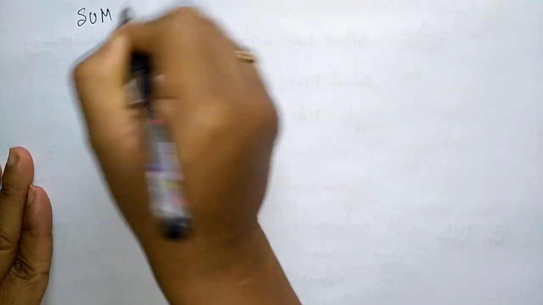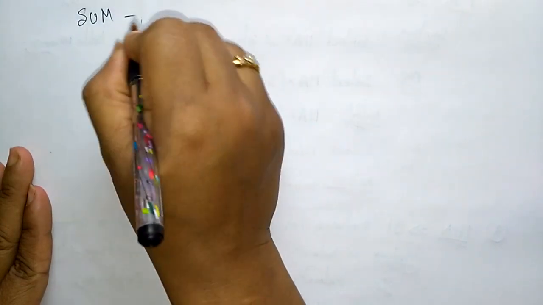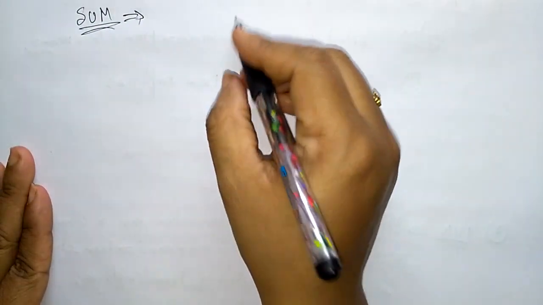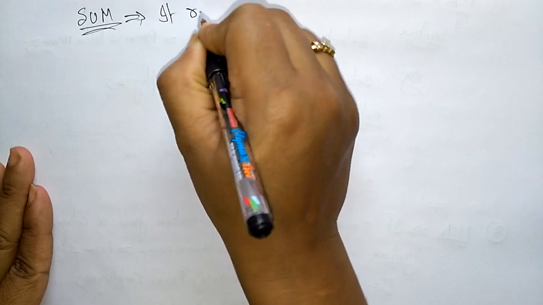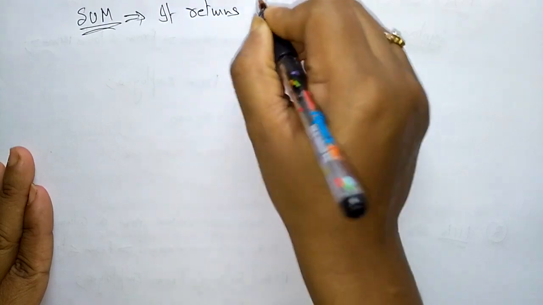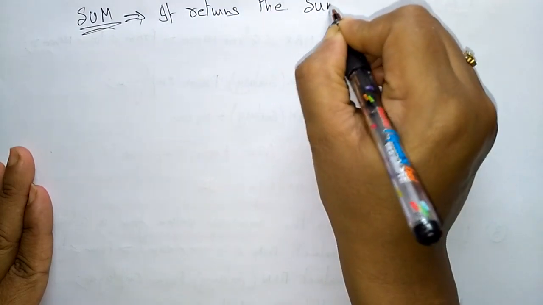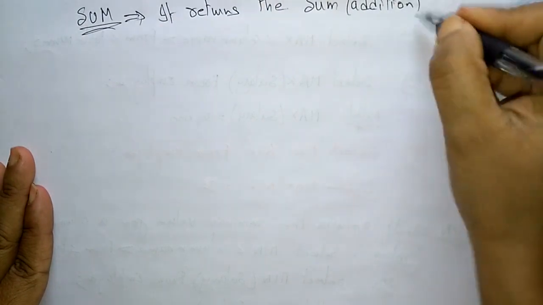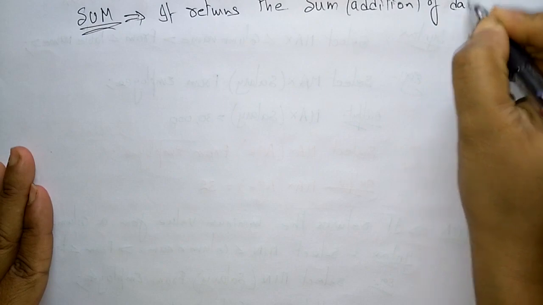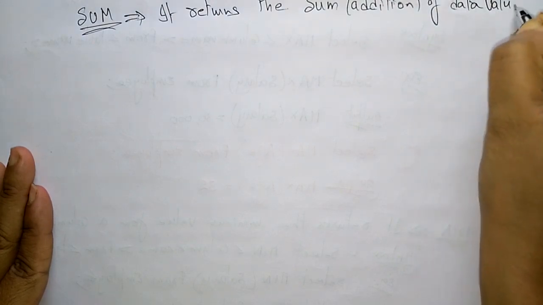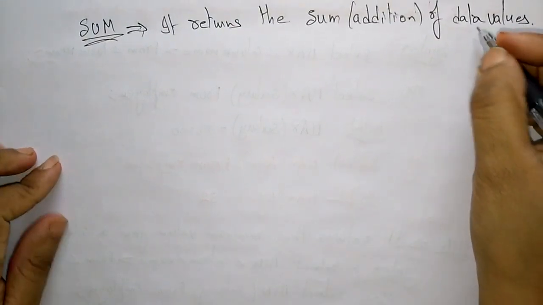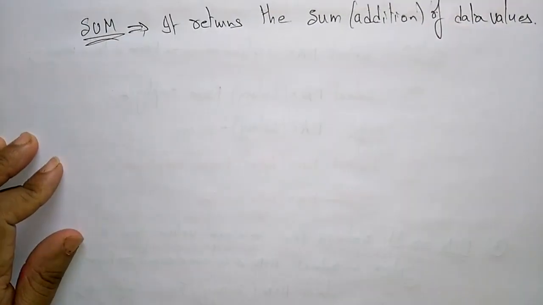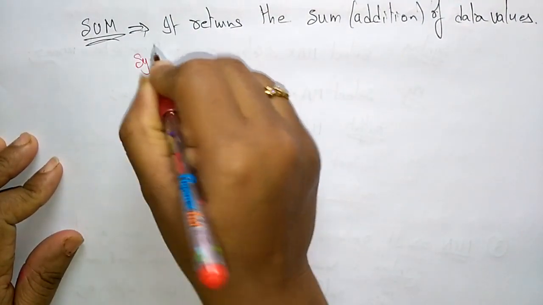Now let us see the next function, that is sum. Next aggregate function is the sum. What will this sum aggregate function do? It returns the sum. Sum is nothing but addition. It performs addition on some particular data values. So the syntax for this sum is